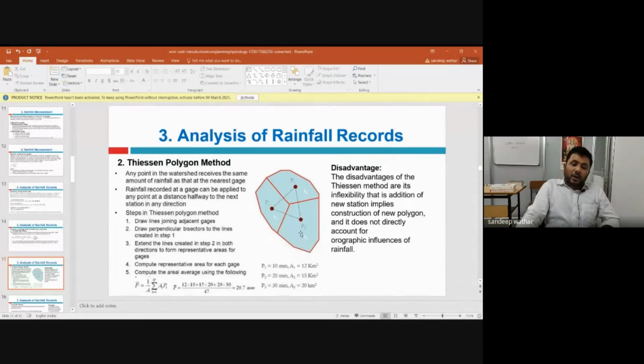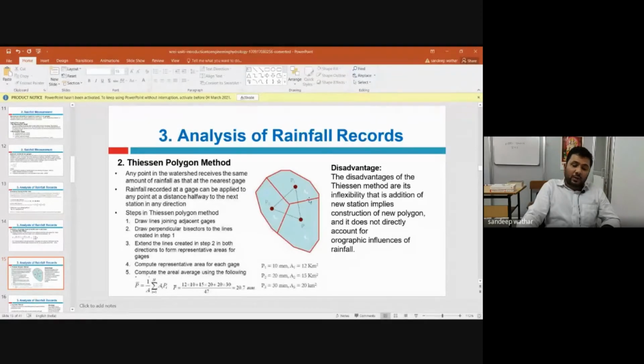Like this you will divide this entire catchment area into number of rain gauge stations. Okay, so this is area 1, which is representing the rainfall records from rain gauge station 1. This is area 2, which is representing the rainfall records recorded from rain gauge station 2, and similarly for A3.